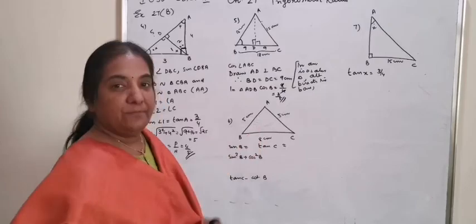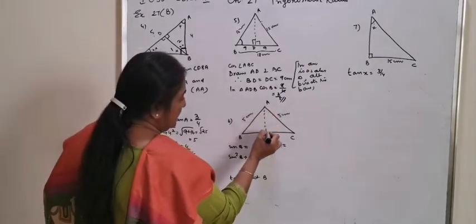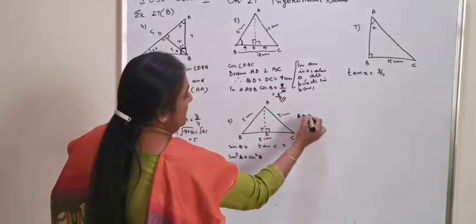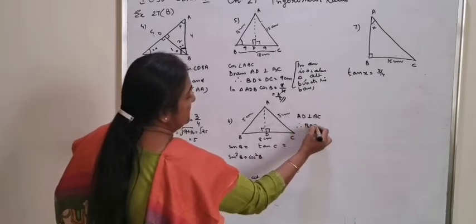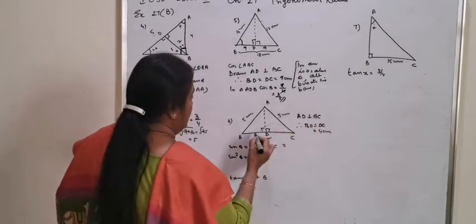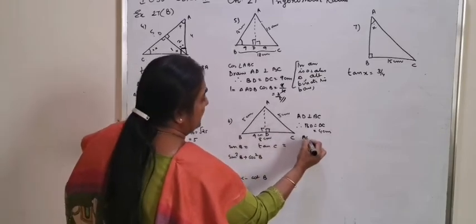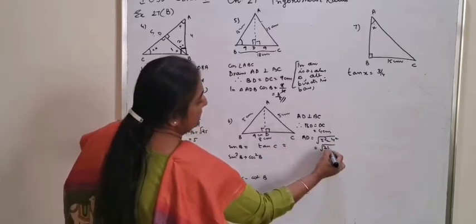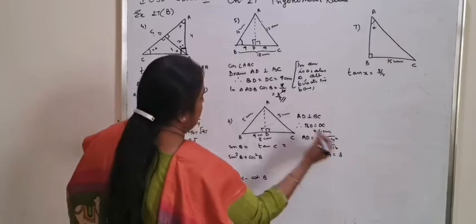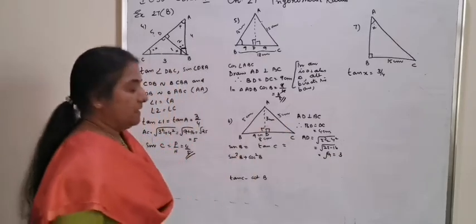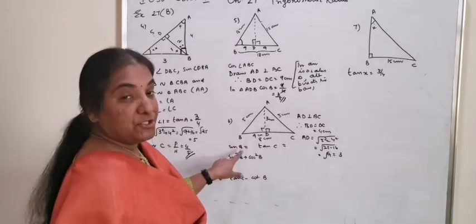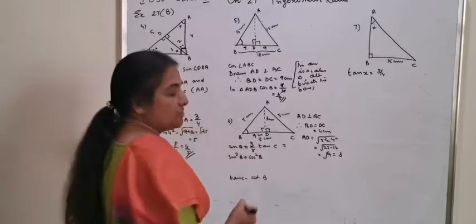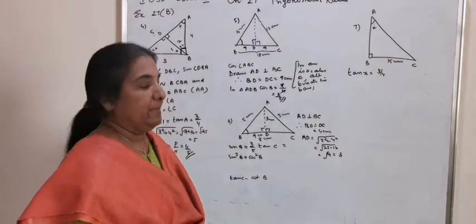A similar figure here. Once you draw the perpendicular, the reasons you can write. AD perpendicular to BC, therefore BD is equal to DC is equal to 4 centimeters. What will be the length of AD? Square root of 5 square minus 4 square, which is 25 minus 16, root 9, equal to 3 centimeters. And now they wanted the ratio of sine B. Sine B is equal to 3 by 5. A ratio will not have a unit, you need not write centimeter.